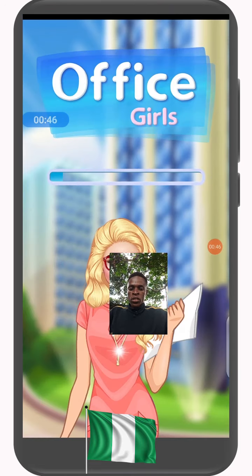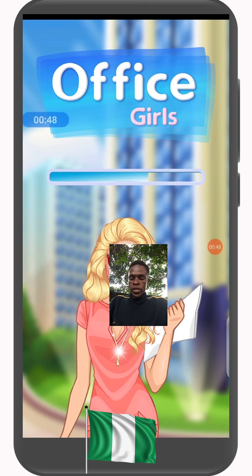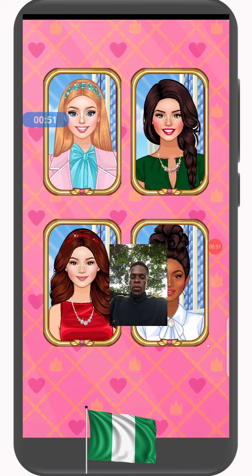So, the Office app is currently loading. What can we do with this Office app? It is actually for females, not for females per se, but when you want to create a female figure which you want to use for your designing, that's when you use the Office app. It helps you create a figure that suits your tastes. So without wasting much time, let's explore the app so that you can see what it can do.